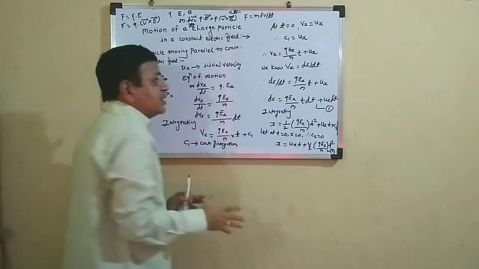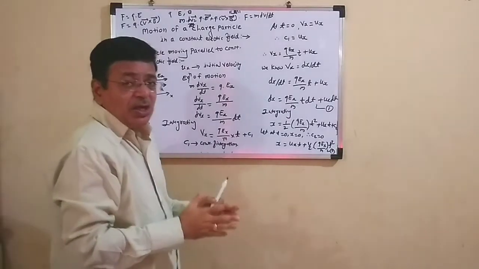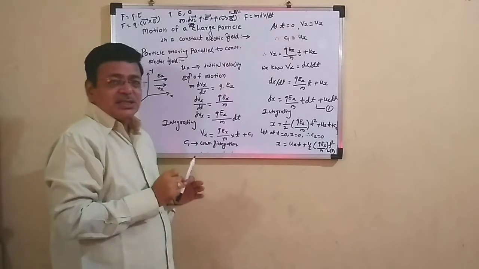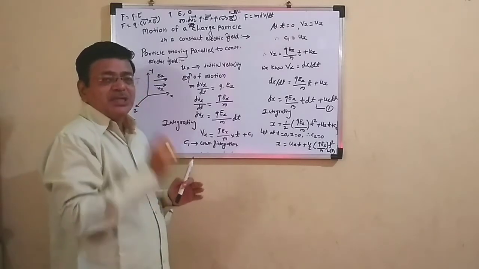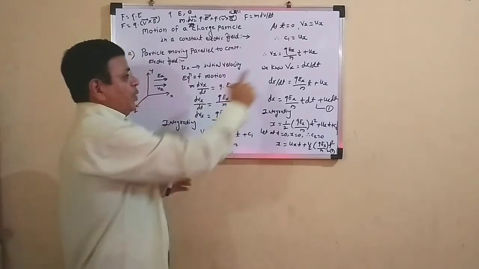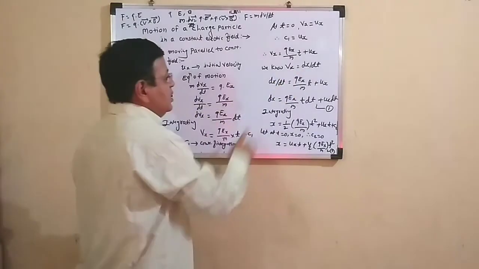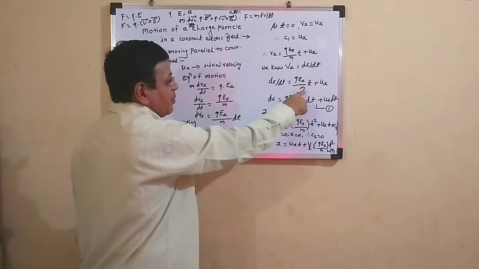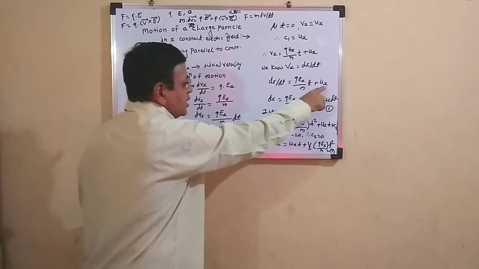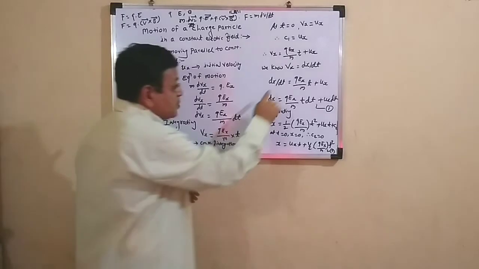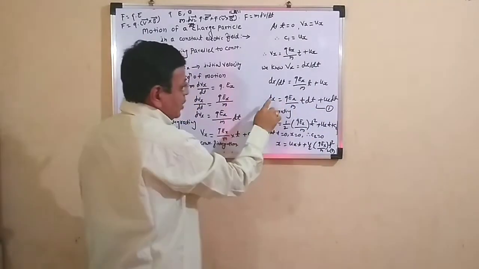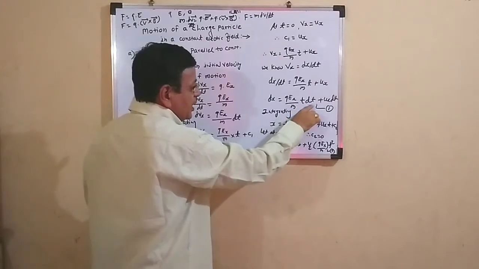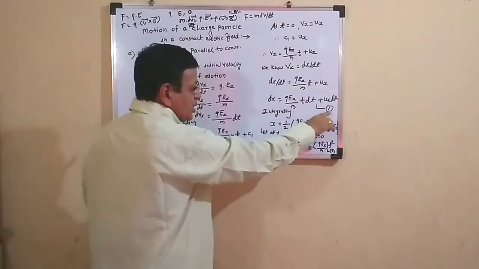We know very well that Vx is the velocity of the charged particle along the x-axis. So Vx is the rate of change of displacement along the x-axis, that is Vx is equal to dx by dt. So we put this value here: dx by dt is equal to qEx upon m into t plus ux. We transfer this dt to the right hand side. We get dx is equal to qEx upon m into t dt plus ux into dt. Call this equation number 1.